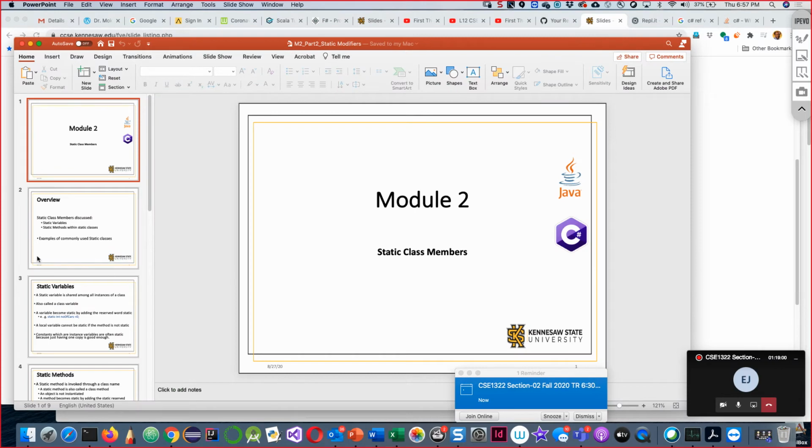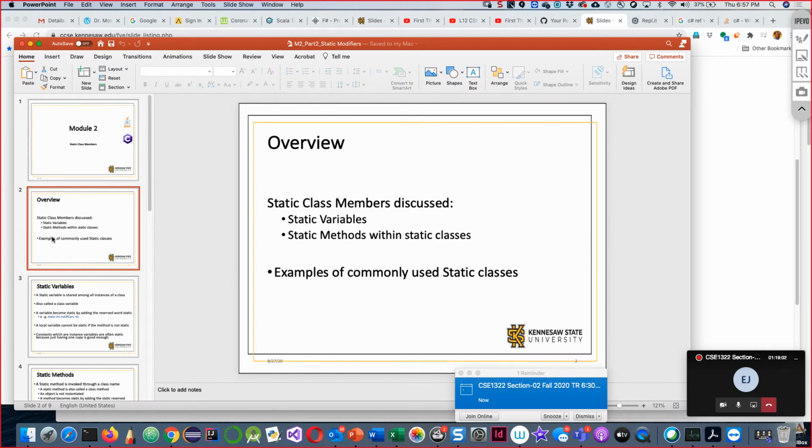Static modifier. Sometimes we make a variable or a method static. There are two concepts, static and dynamic. Static means, you understand the meaning. What is meant by static in English? Not moving, right? Or fixed, like constant, right? Not exactly constant, right? Not dynamic, right? So the concept is that